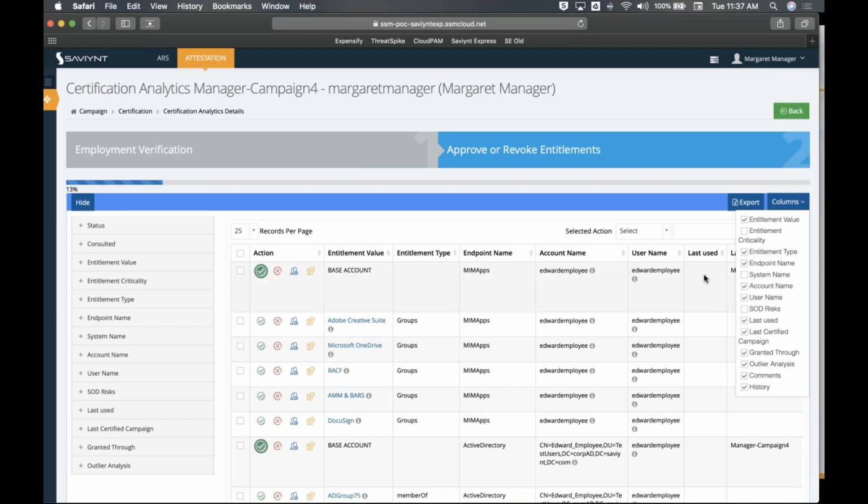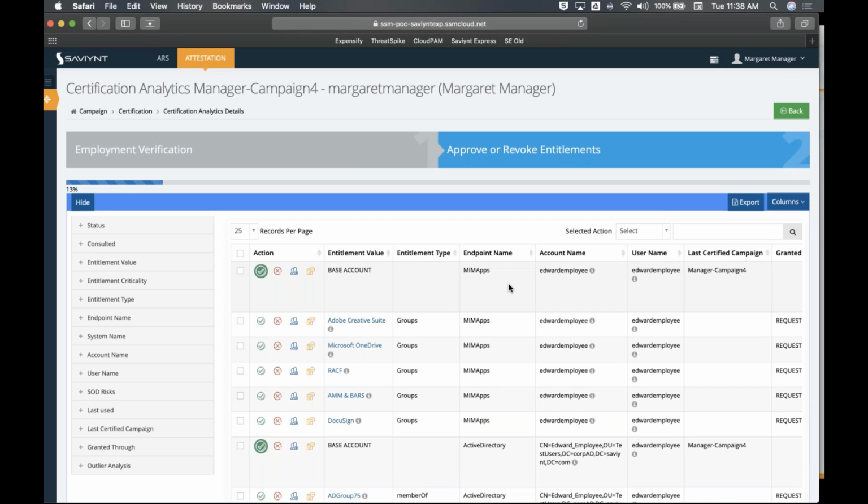Now, here's an interesting one, last used. If you want to import usage data from logs into Saviynt, you can also have the ability to see, as Chris was saying, has this been used recently? Do they need this account even? So you can actually help control licensing and account access if you start integrating that in with this. So once you pull out a few other details, I can put this all on one screen,